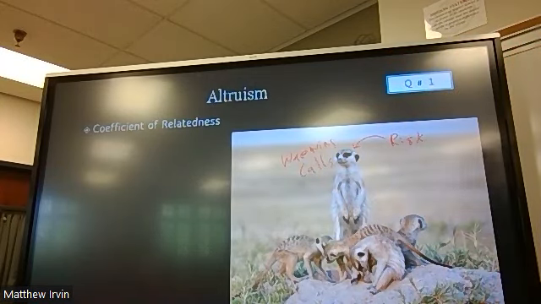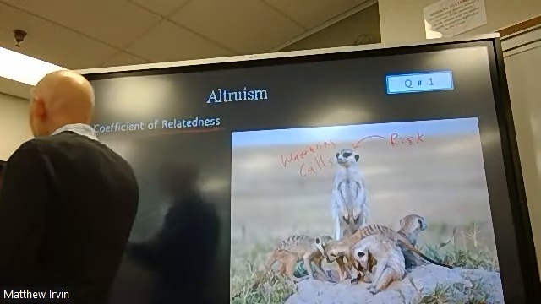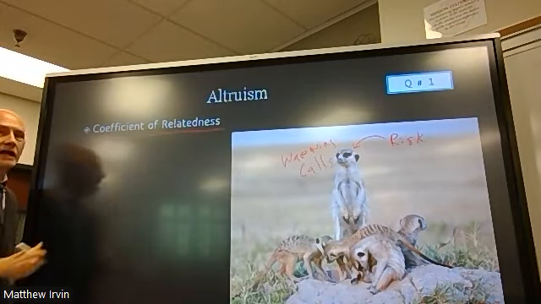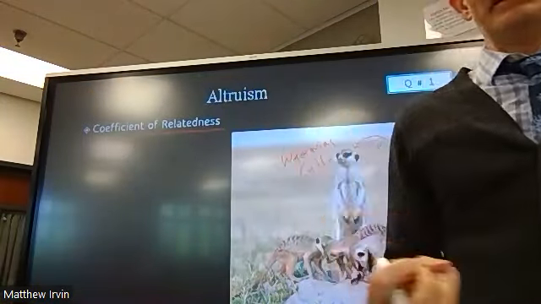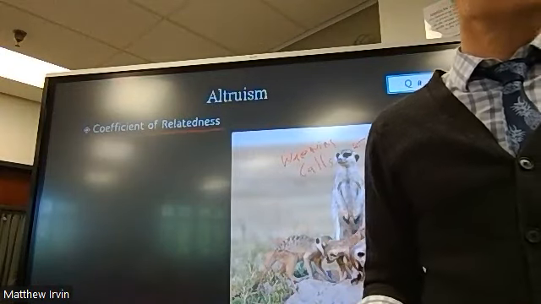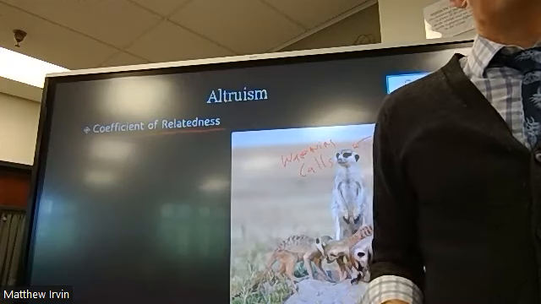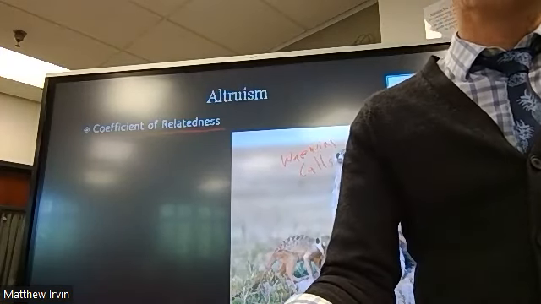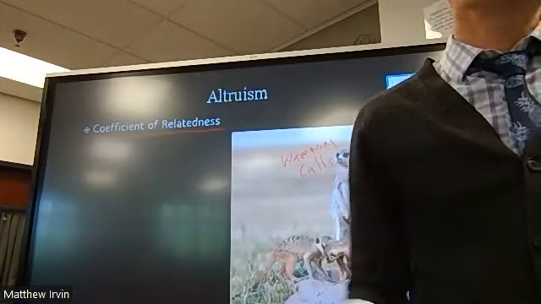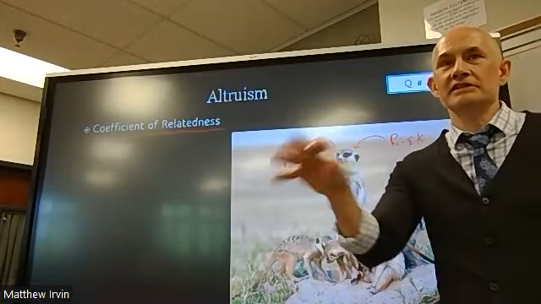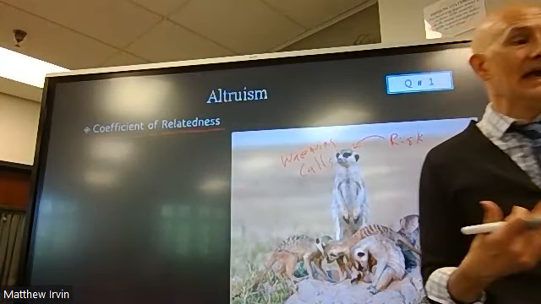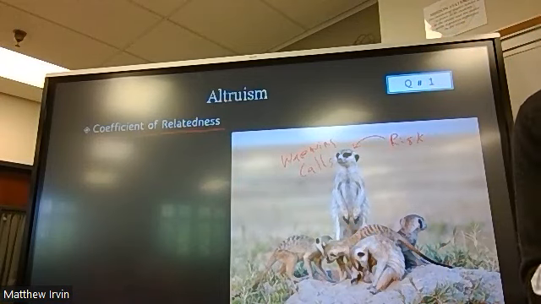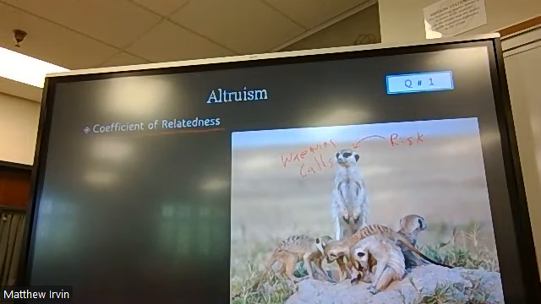And what we see in altruism is something known as the coefficient of relatedness. So you are more likely to help an organism that has a higher genetic affinity to you. That means parents are more likely to help their offspring than they are to help their nieces or their nephews. But they're more likely to help their nieces and their nephews than they are random strangers. Same thing with animals, they're more likely to help the organisms that they are more closely related to, and the farther they get from that relation, the less likely there will be help.